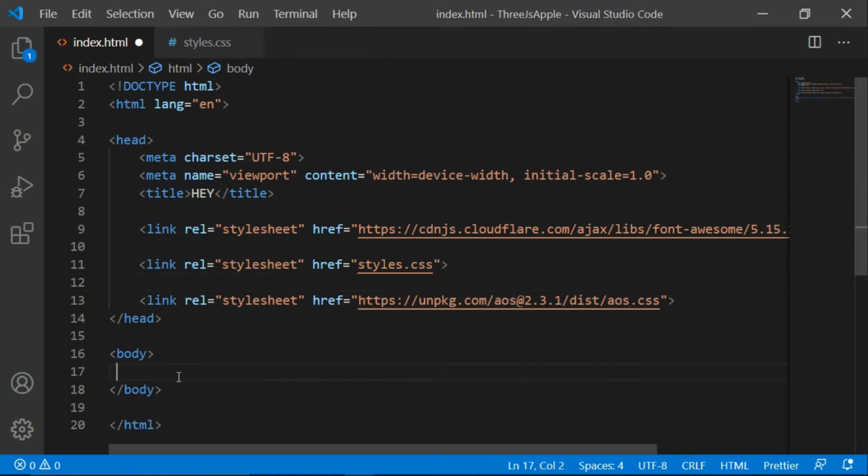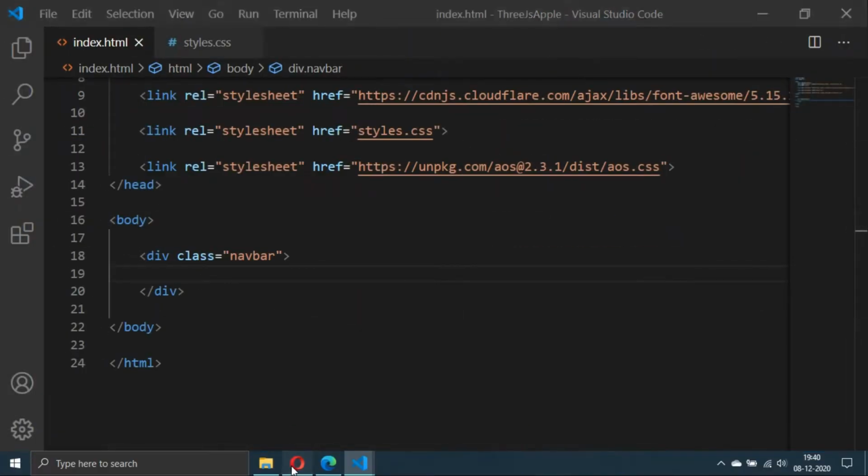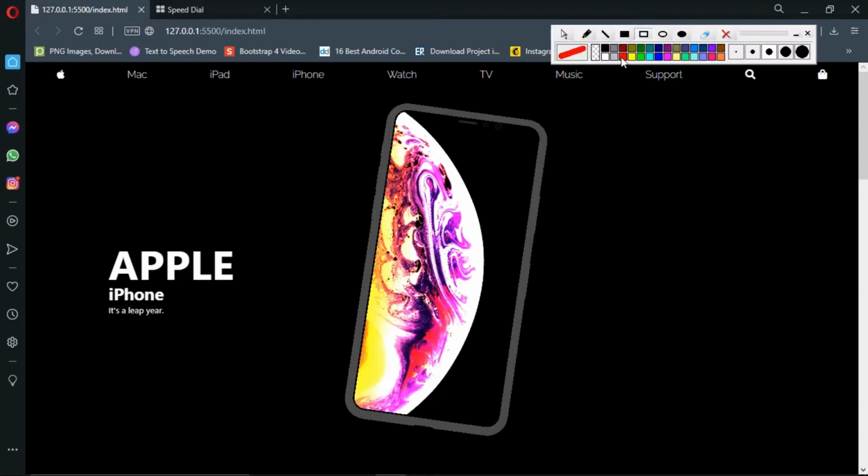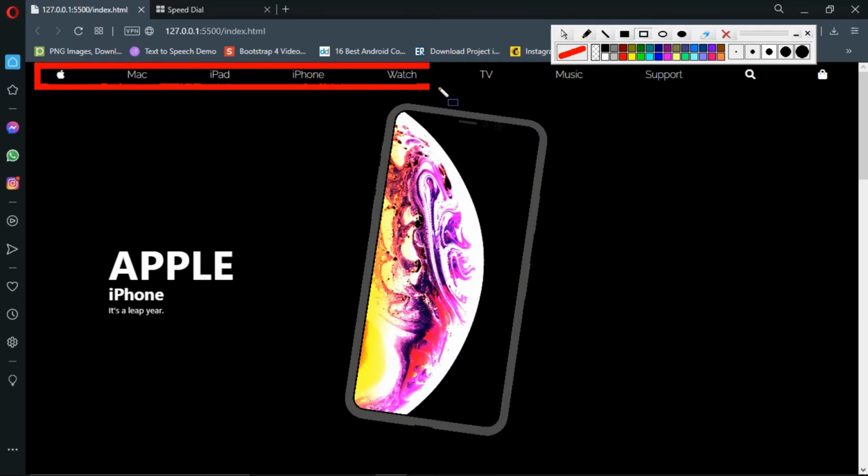So simply let's go to our body tag. Also I'm using HTML here because React is not used by everybody and HTML is known by everybody, so it's simpler. So we have added a div here with the class navbar, and this will be the final output which I showed at the beginning of the video. So I will mark this and show what we're going to make.